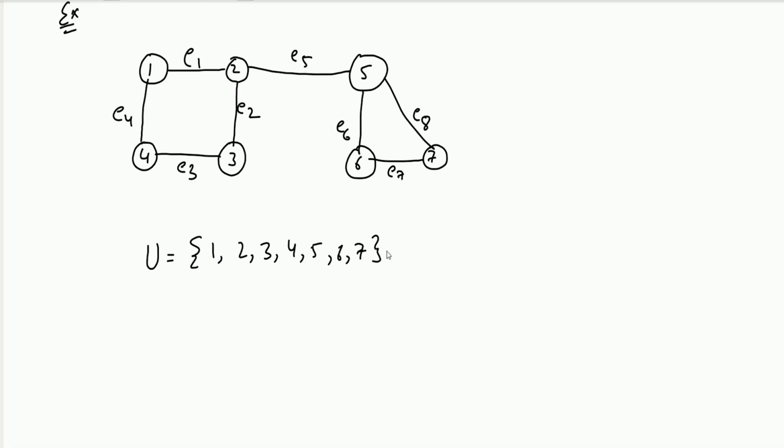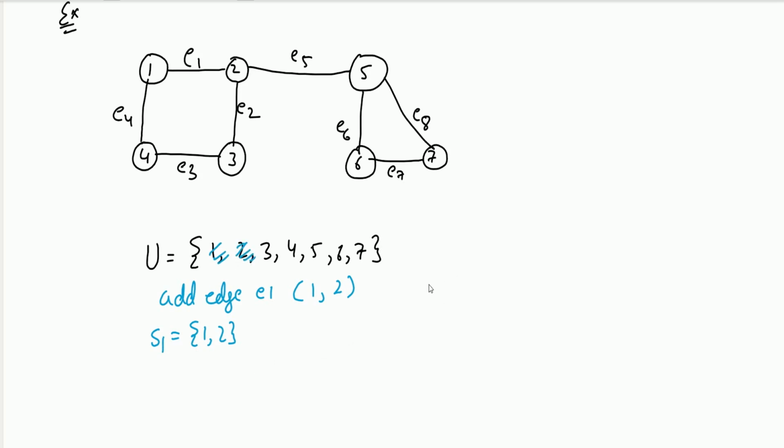Let's see this. First we will add edge E1. We need to know whether we can select this edge or not. E1 is from U to V, that is 1 to 2. What we will do is find 1. 1 is in the universal set. Okay, find 2. 2 is also in the universal set. So we can union them and we will create one set {1, 2}. 1 and 2 are no longer in the universal set.